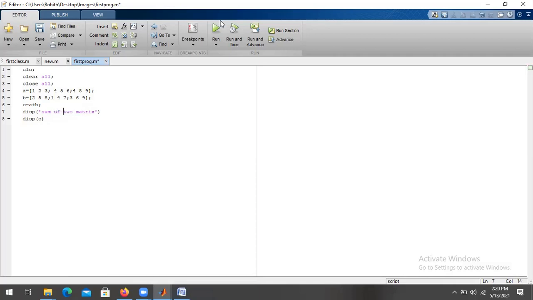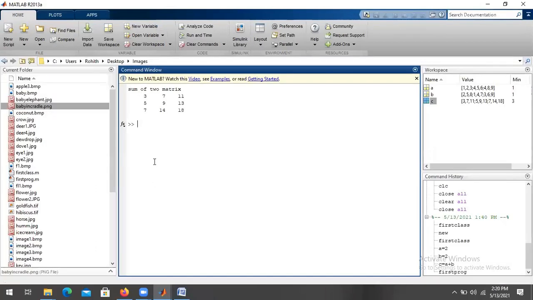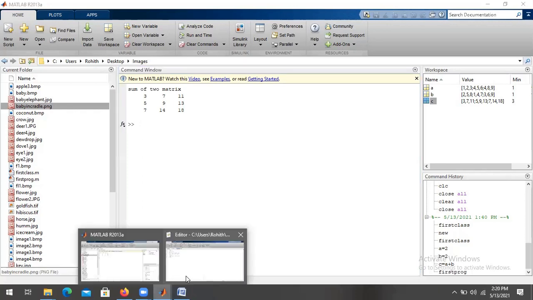Like this, if you want to display something, you can write like this. Right, this is how you can see the sum of two matrices and the matrix value. So this is how the matrix software operates for all these things.